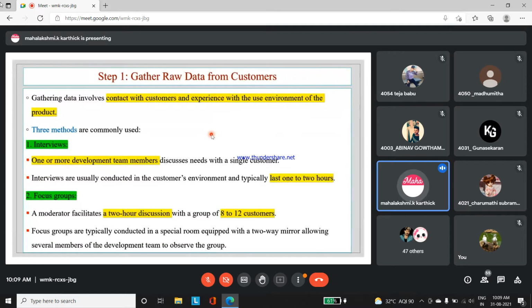Gathering data involves contact with the customer and experience with the use environment of the